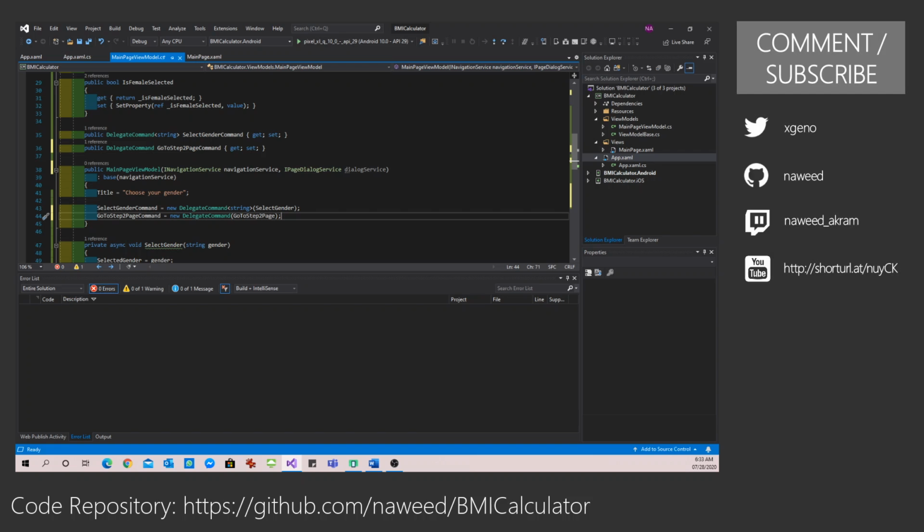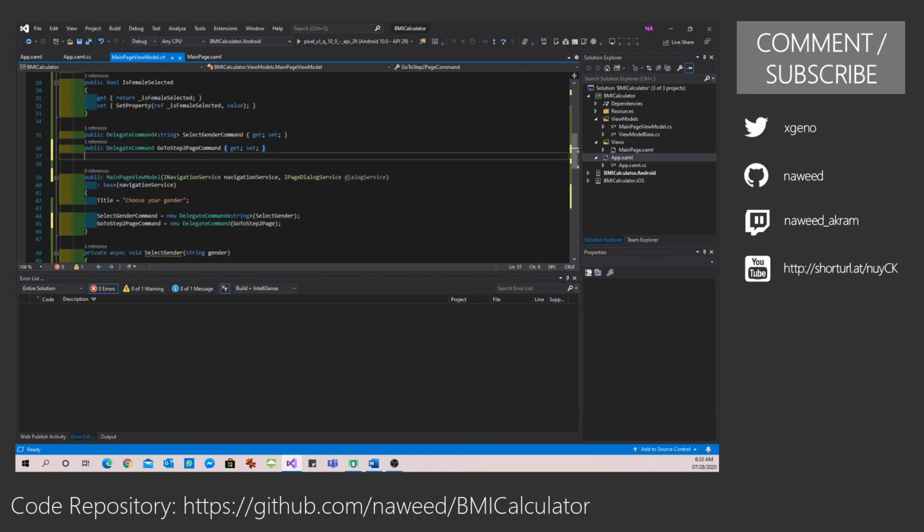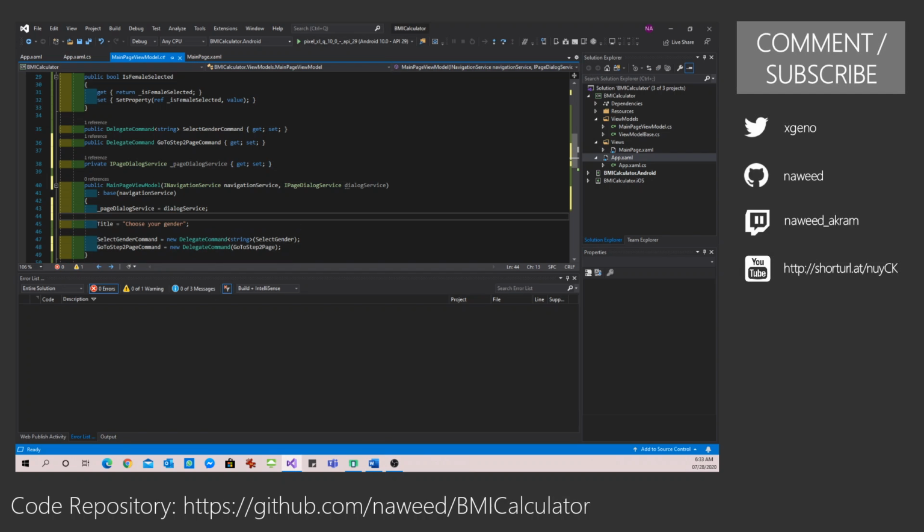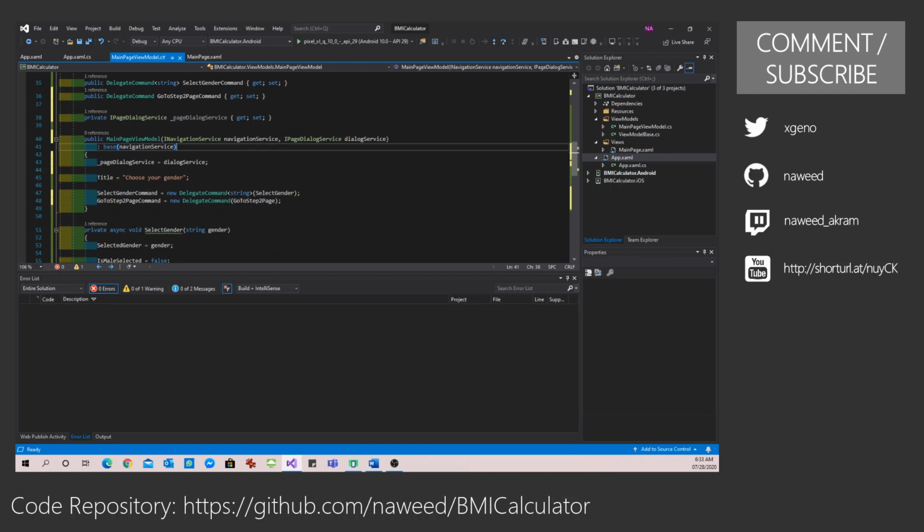If you want this to be available for every view model, I would suggest that you go and add this to your view model base. Now with this one, I should rather store this in a private variable, which I can make use of. So I'm going to define a private variable, and I'm going to save this in my constructor. Now once I have this, I can use this to display a message on the screen.